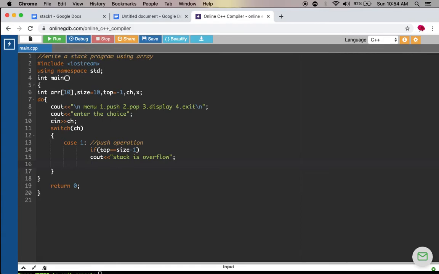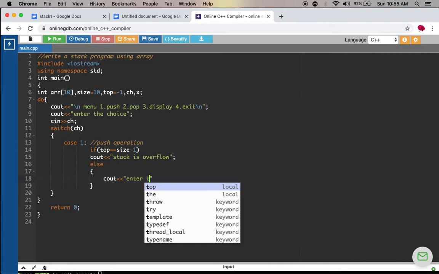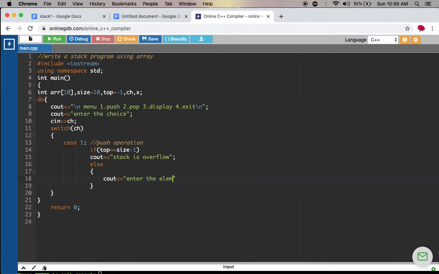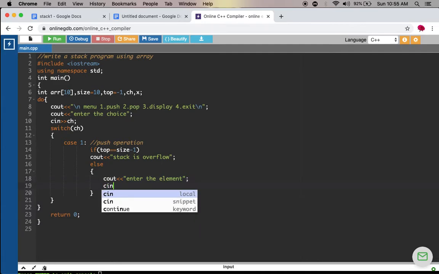Okay, if it is not overflow, then you can insert the element into the stack. So here I am writing an else block to insert the element into the stack. Enter the data from the user, enter the element. So you have to read the element x.